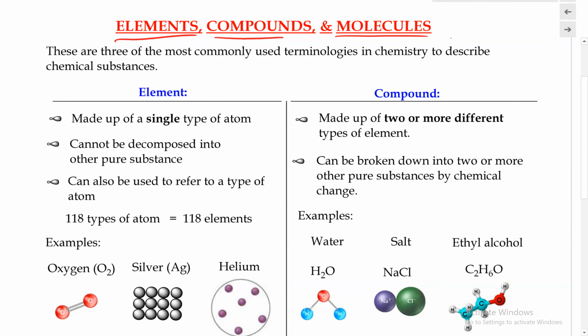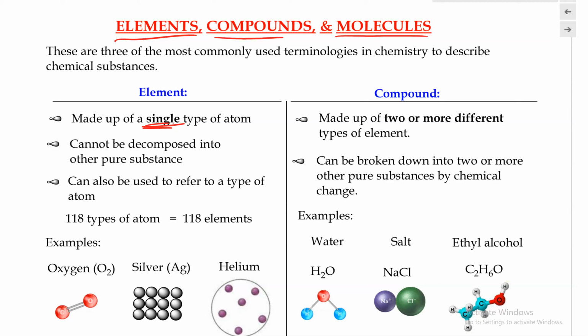compound, and molecules. So first, what are elements? An element is basically a substance that is made up of a single type of atom. So that's how easy it is to see an element. By looking at the chemical formula of a substance, how many types of element do we see making up a substance? If we see there's only one single type of atom that makes up a substance, despite how many atoms we have,